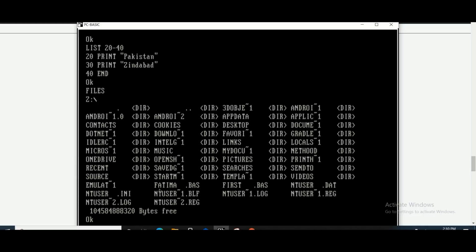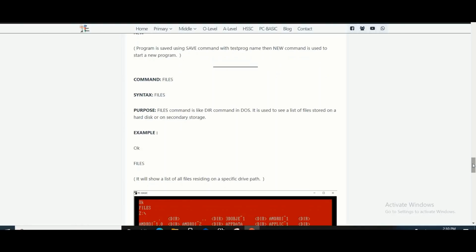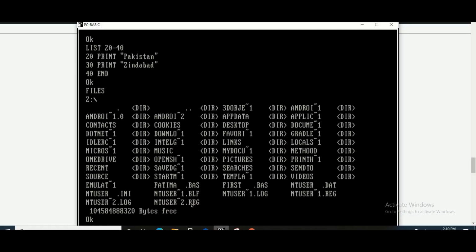These are the files. Fatma, this is a BASIC program. First, this is a BASIC program. Anti-user, this is another file. So we have only two BASIC programs here, right? So now what we do, we save our program.